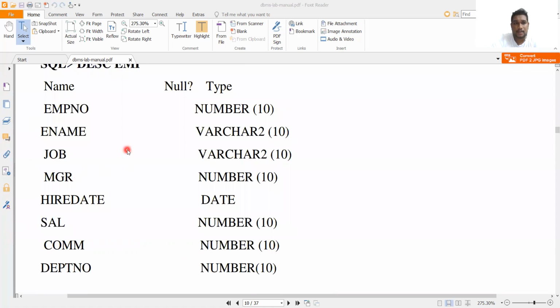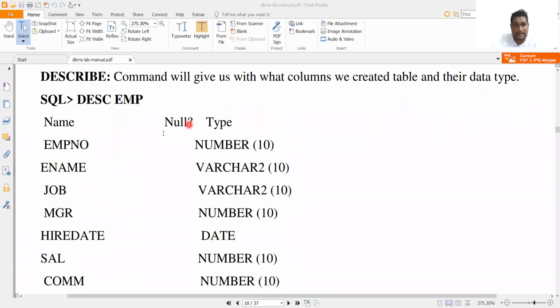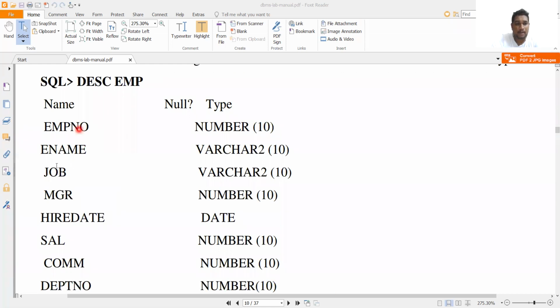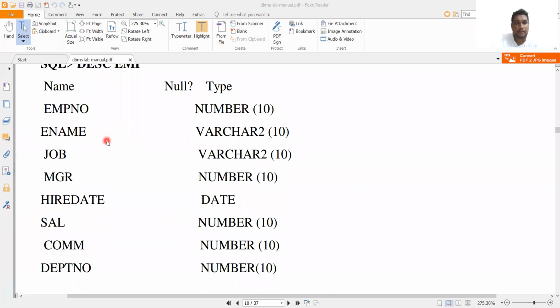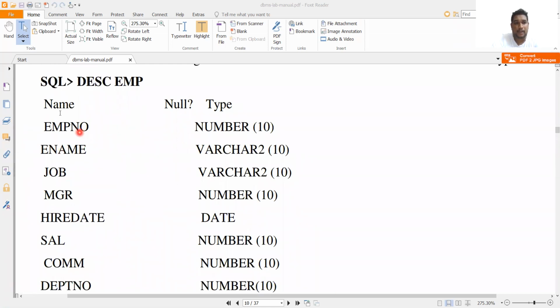The attribute name, then Null, which shows whether any null constraint or key constraints are used, and Type, which is the data type. This is the total structure of your EMP table. We have 8 attributes and there are no key constraints here, and the data types are represented with memory allocations. I hope you understand the first command, that is DESC employee.